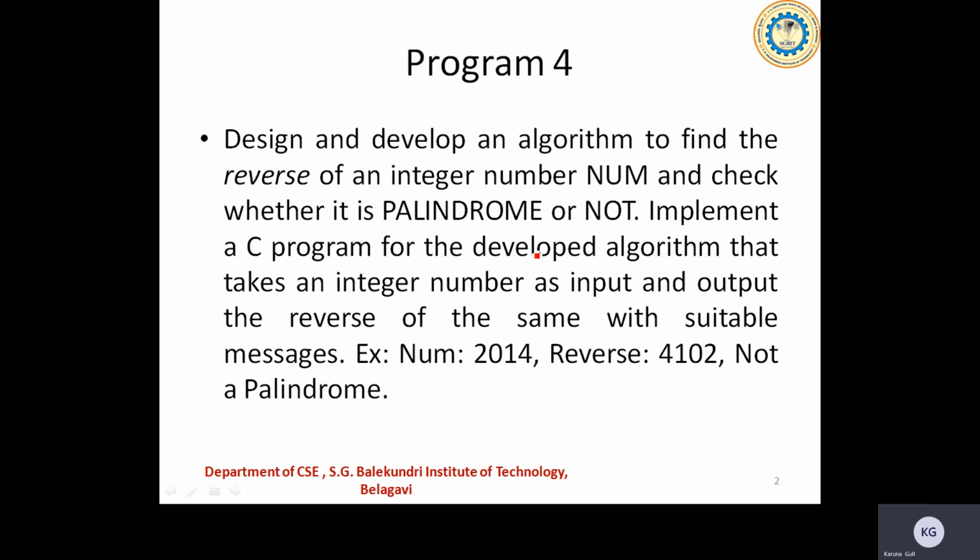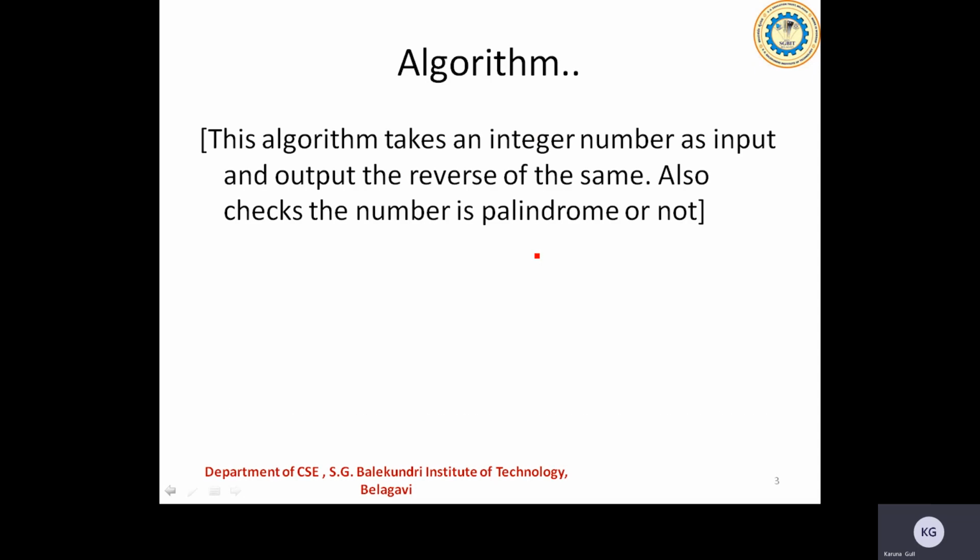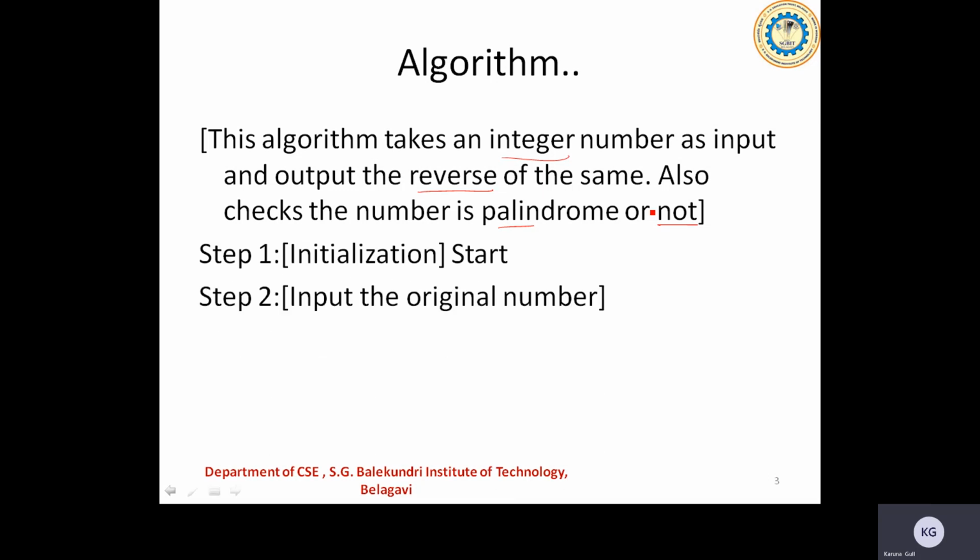To talk about the same thing, I'll first talk about the algorithm related to it. This algorithm takes an integer number, that we have to remember here, as input, and the output is: first we reverse the given number, then we check whether the reverse number is equivalent to the read integer or not. If it is the same, then I say it's a palindrome, otherwise it's not a palindrome. How do I proceed? First I need to read a number. I start by reading a number, so the number is read as num. Then initially I'll take reverse as 0 because I want to get the reverse of the given number, right?